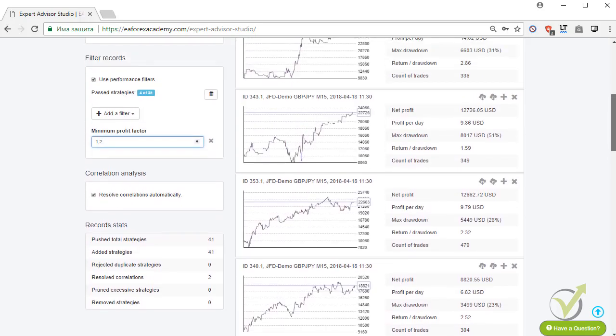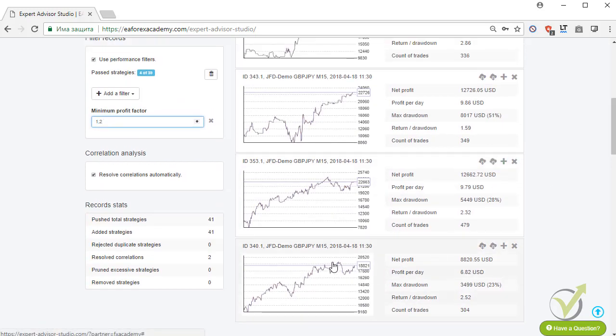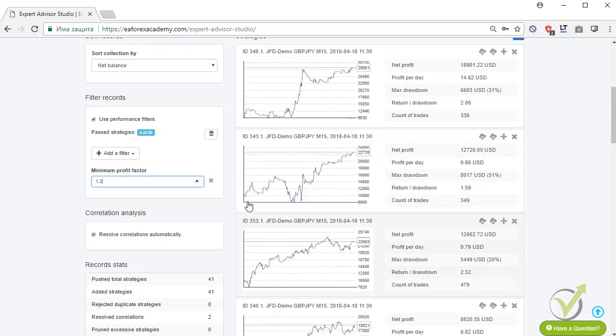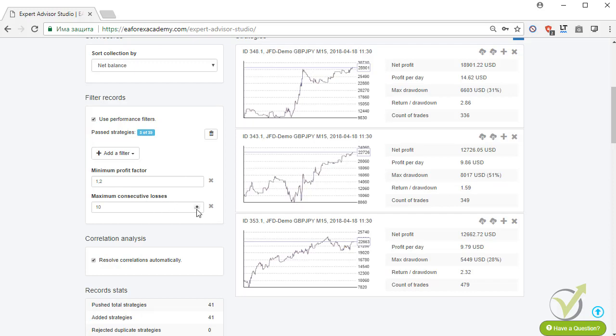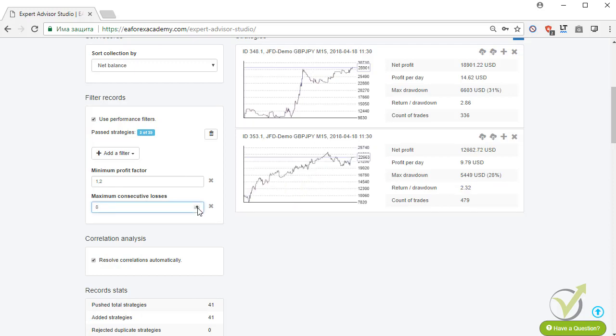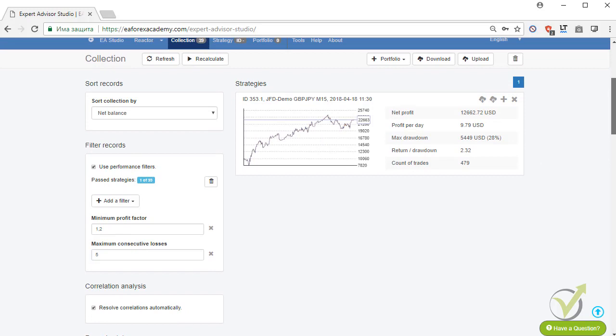You can see here the strategies, they are very good strategies. I can say this one and this one. Even recently you can see a small pullback here on the equity, but that is just fine. There is a huge drawdown here, so I normally prefer not to guess which strategy is better, but to use another filter. So I will go to consecutive losses, for example, one more time, and I will start to decrease them. So if I go down to, what is it, 765, okay, I have one strategy left into the collection,